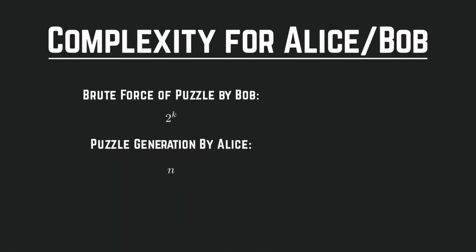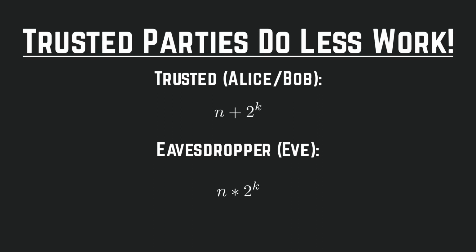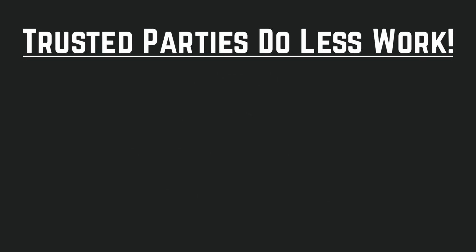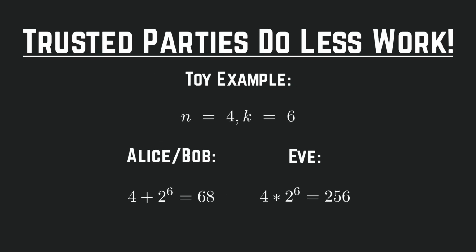So we see something of interest here. The trusted parties had to do less work to establish the key, on the order of 2^k plus n, versus Eve doing on the order of n times 2^k. For our example puzzle, with only n equals 4 and k equals 6, the difference for the max complexity case is 188 iterations, or 3.76 times higher amount of effort for the eavesdropper versus Alice and Bob to establish the